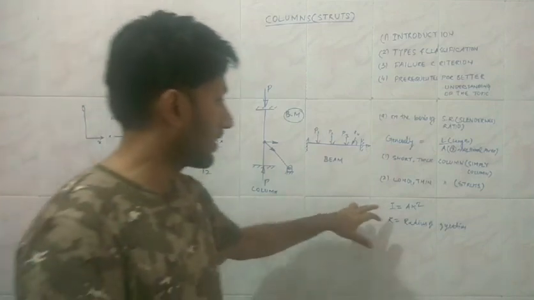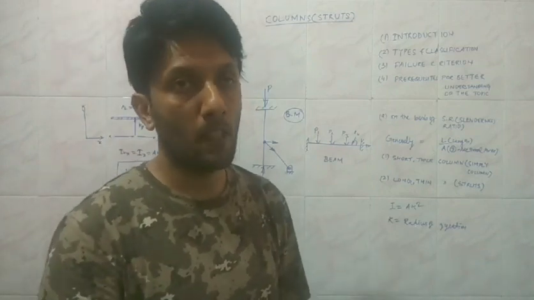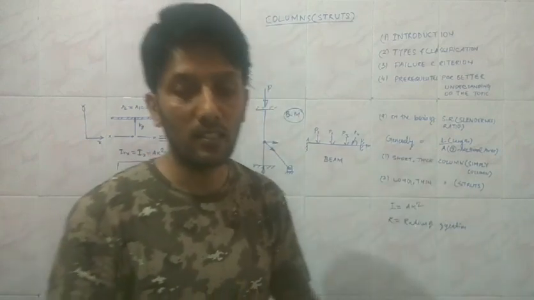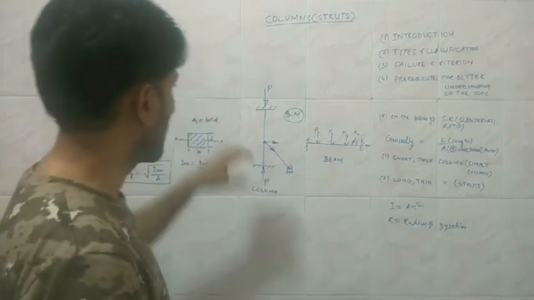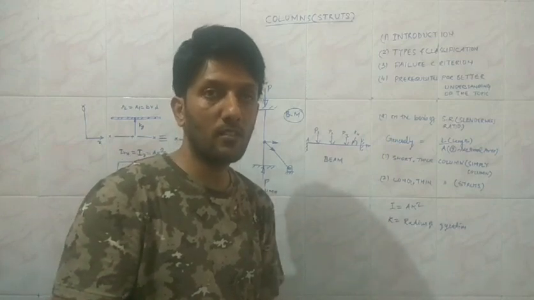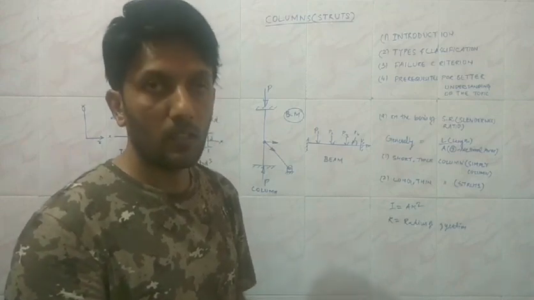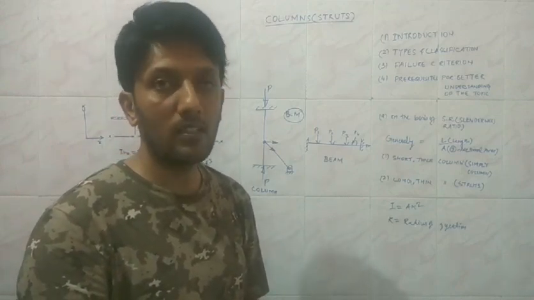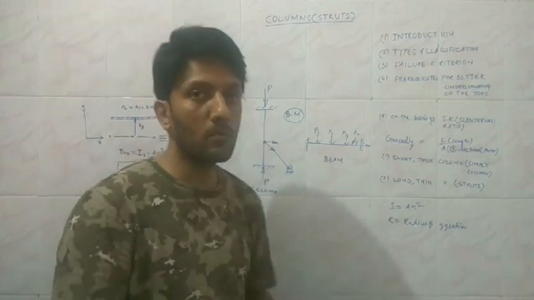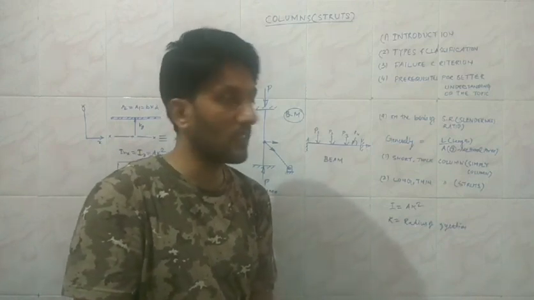So what is the physical significance of the second moment of the area? It provides the resistance to bending, whereas the cross-sectional area provides the resistance to the direct loading. Here the direct loading is the load P, and the type of stresses it is going to induce are direct stresses, which are either compressive or tensile in nature, depending on the way the load is applied. And in case of the beam, they are going to be shear stresses, because the load is acting parallel to the resisting area.